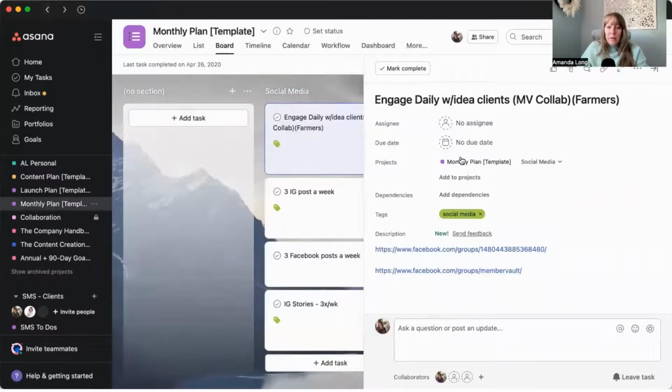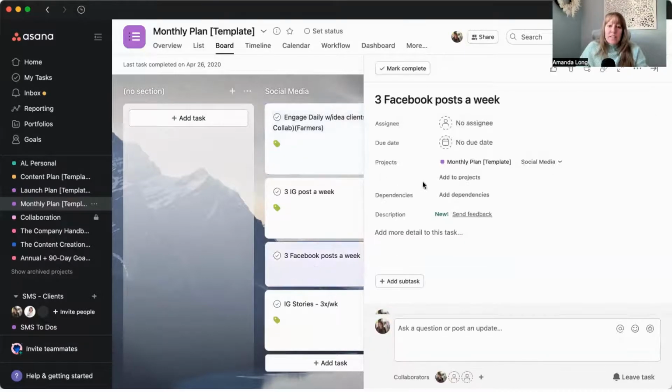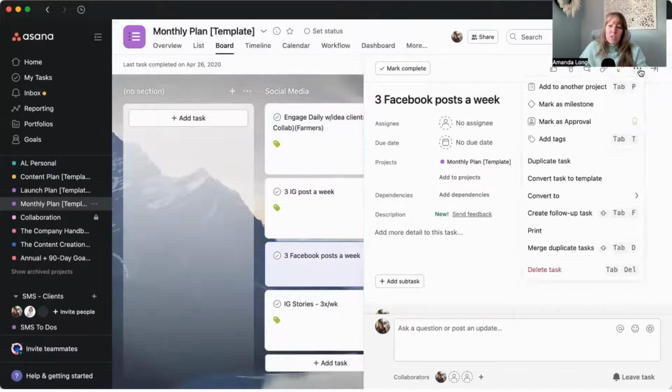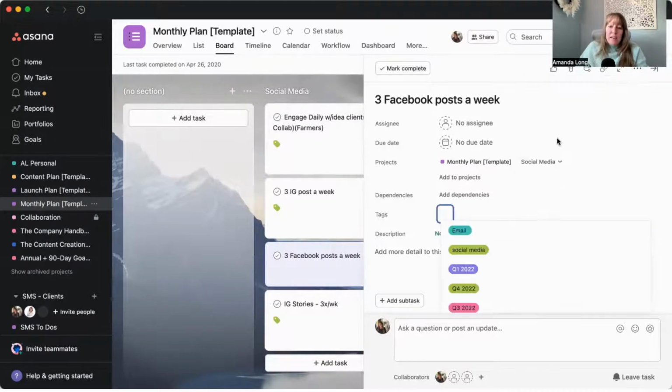I'm going to go back here. Now to create a tag, when you're in the task and it already has a tag, this column will be here. However, if it doesn't have a tag, that tag section field, whatever you want to call it, is not there. So you're going to go up to the 3 dots, the more actions, and you're going to click add tag. Now it'll come up and show you all the tags that you have. So all you have to do is click one, or you can just start typing,